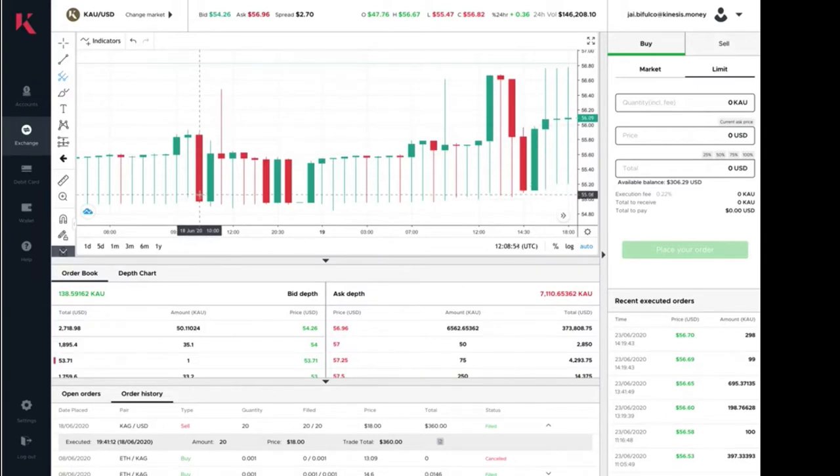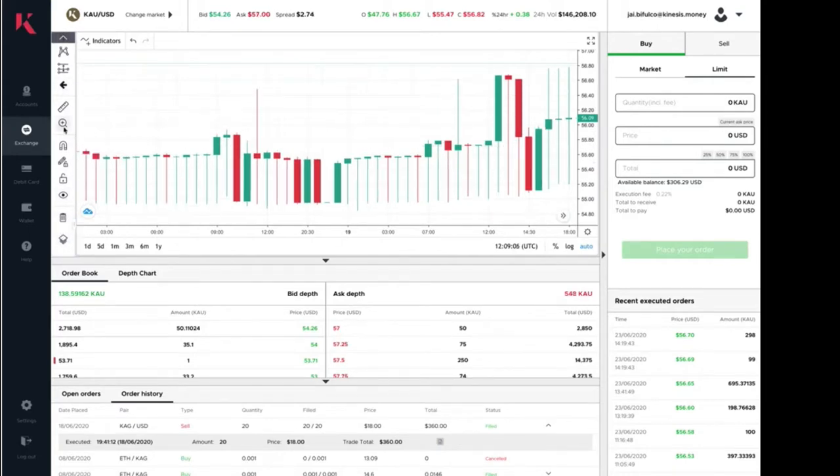We have integrated TradingView charting, so the fluency, ease and accessibility of the charting has greatly improved. We have a whole host of features within the charts, including drawing tools, Fibonacci's, pitchforks, all of the things you would need for trading analysis and technical analysis. We have a whole bunch of drawing tools on here as well, which you can use, and a whole list